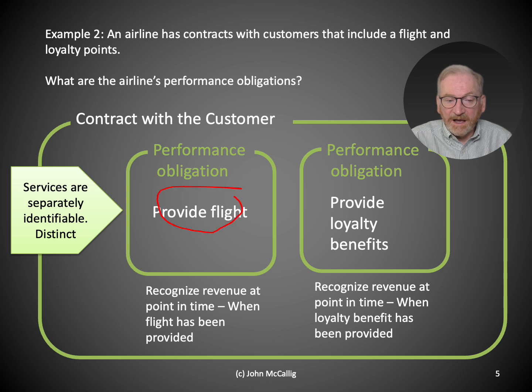Now, of course, the tricky bit here is going to be dividing up the ticket price between the flights and the loyalty benefits. Some airlines obviously sell points, sell loyalty benefits, and if they have a standalone selling price for those points or benefits, then that's great, and that's the way you should do it. Otherwise, maybe you have to estimate what the value of the loyalty benefits are. You might need to use some analytics there to work out what benefits customers actually get from loyalty points, and maybe be even more sophisticated and look at what types of customers get benefits and what is their value.